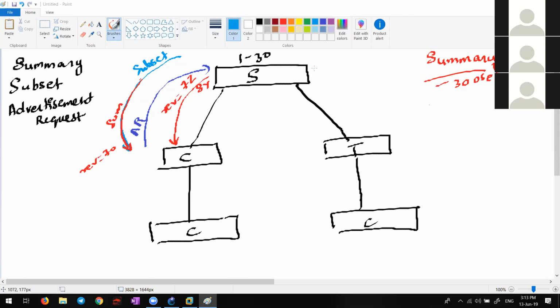So tell me, what is MD5? Goa, you tell me. Yeah, online Piyush, what is it? Hello. Yeah, tell me, what is MD5?